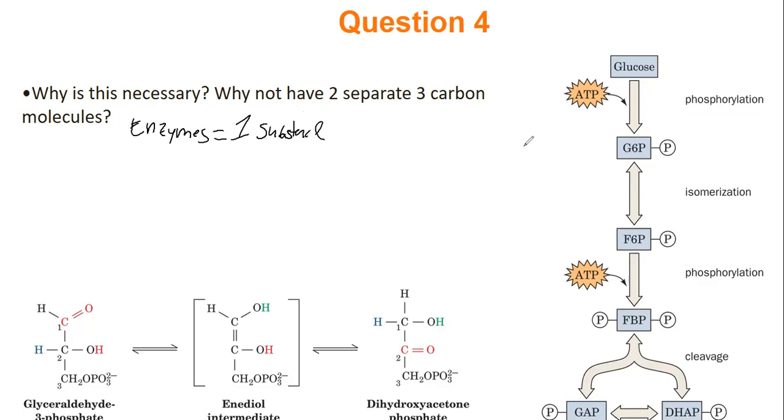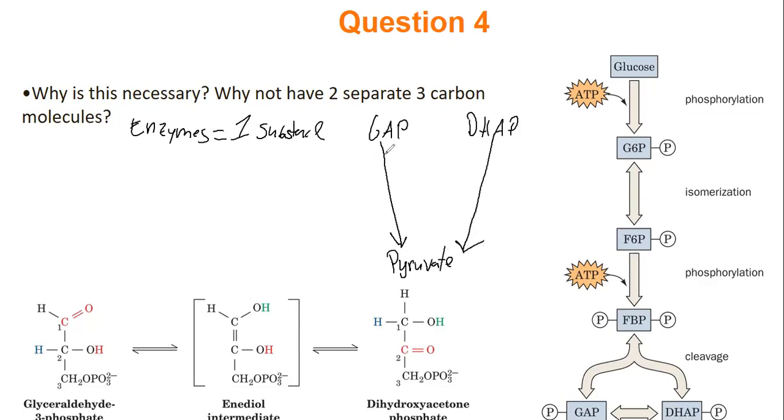So enzymes can only usually work on one substance. There are some enzymes that work on multiple things. Most of them don't, though. So let's do the thought experiment of if we never did this step. GAP and DHAP. The end goal of glycolysis is pyruvate. So if we had 2 different